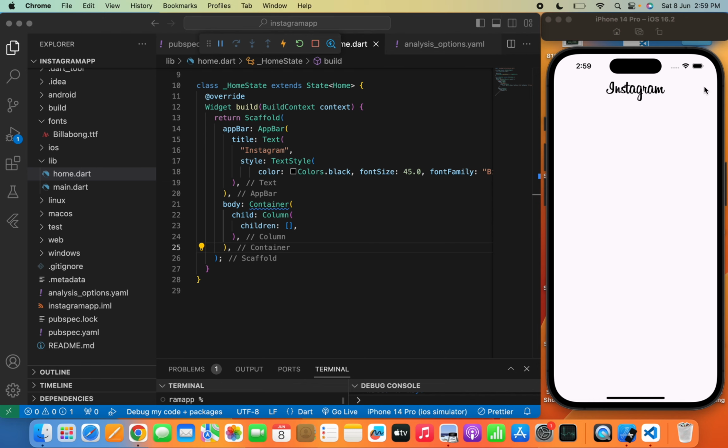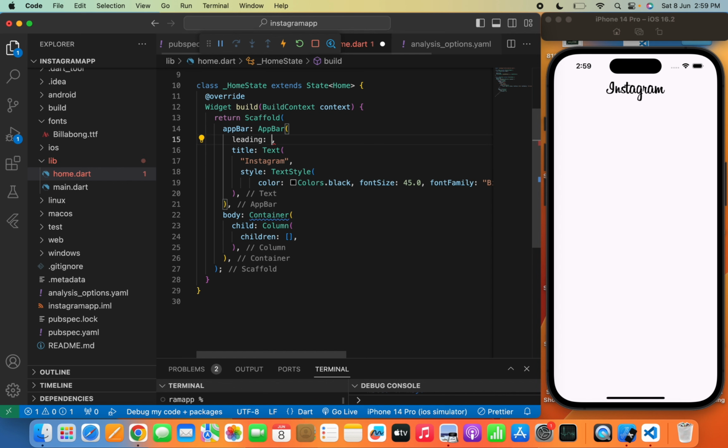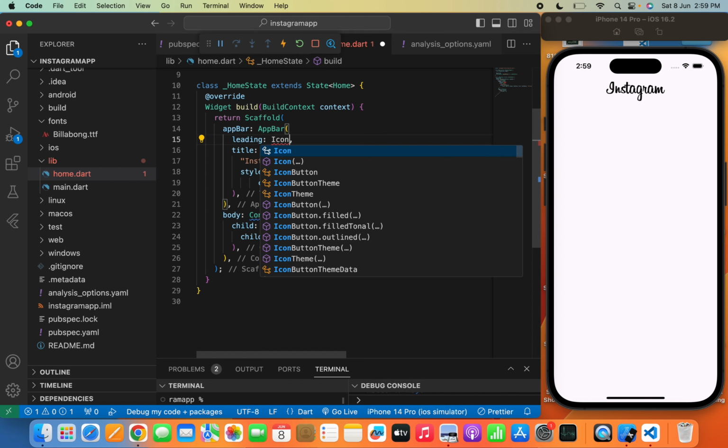Basically, in the app bar, if we want to show the icon on the left side, I mean over here, then we need to use leading, and if you want to show the icon over here, then we need to add actions. So let me show you how to add two icons on both sides, I mean on the left and the right side. So in the app bar, I will simply write leading and I will simply write Icon,